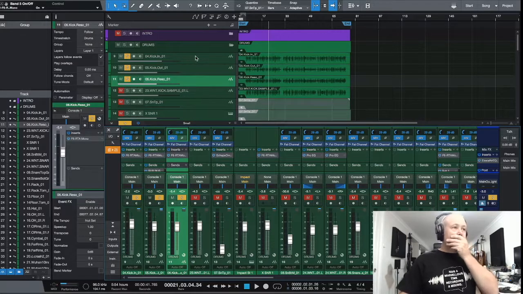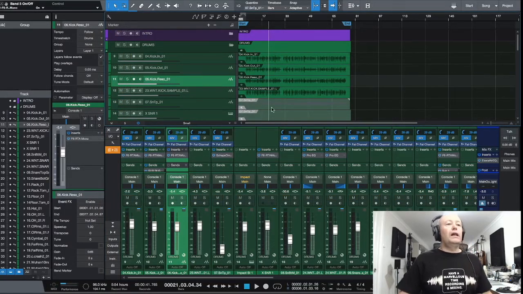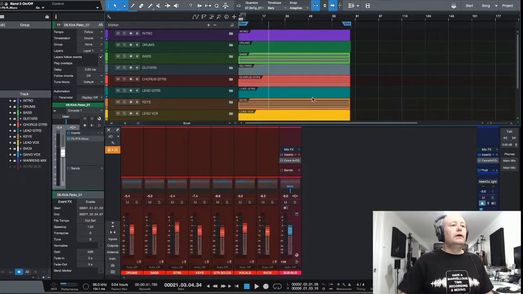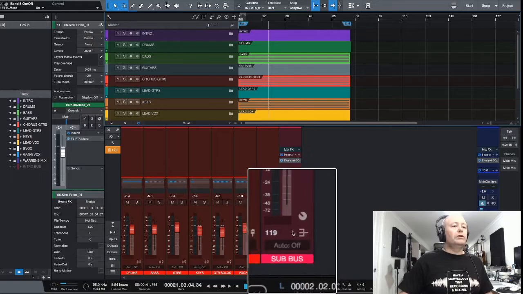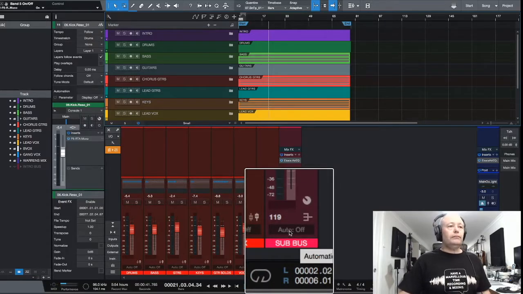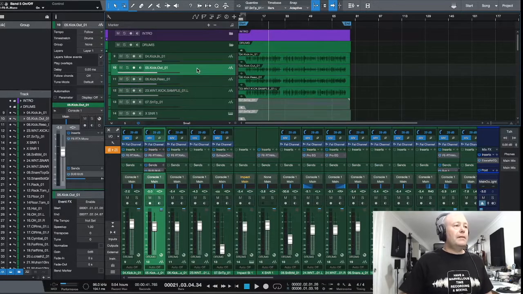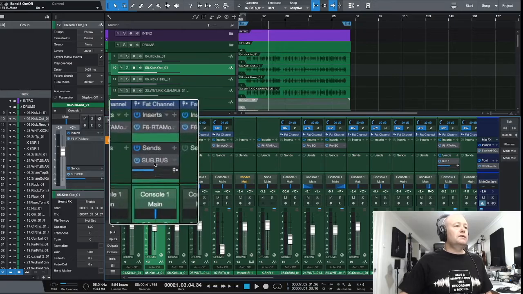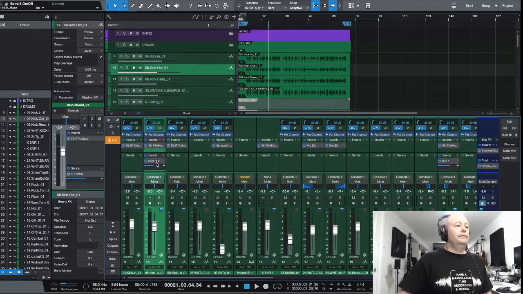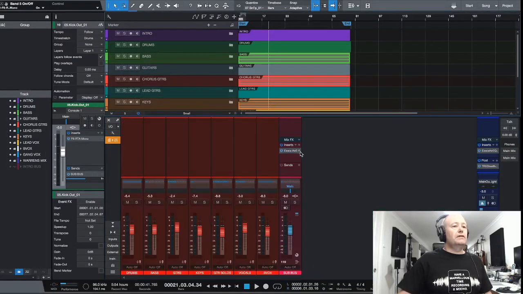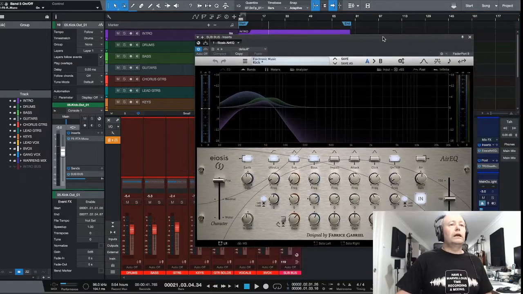So that's the kick drum. What I'll explain next, that I've been using a lot, is what I'm calling a sub bus. So that kick drum that's got all that lovely bottom end in it, I've sent that to my sub bus. Sub meaning very, very low end. So the sub bus resides over this side here, and I've been using this other EQ plugin quite a lot,